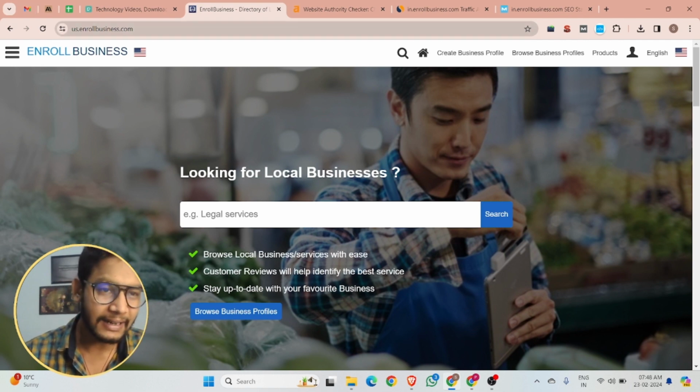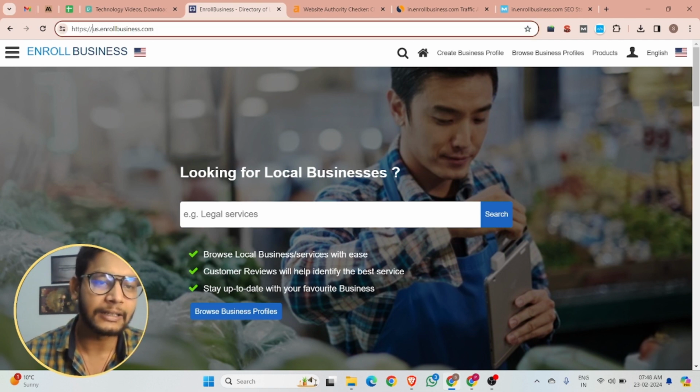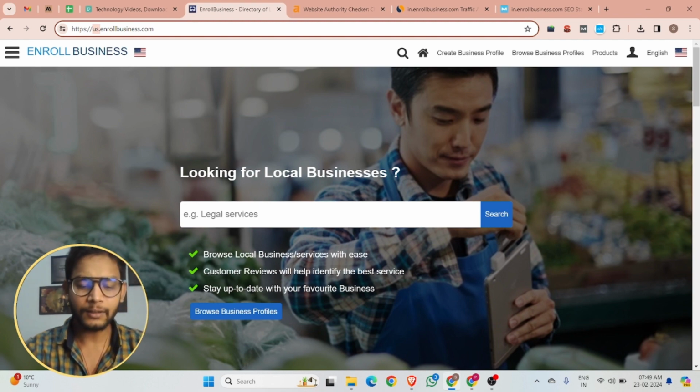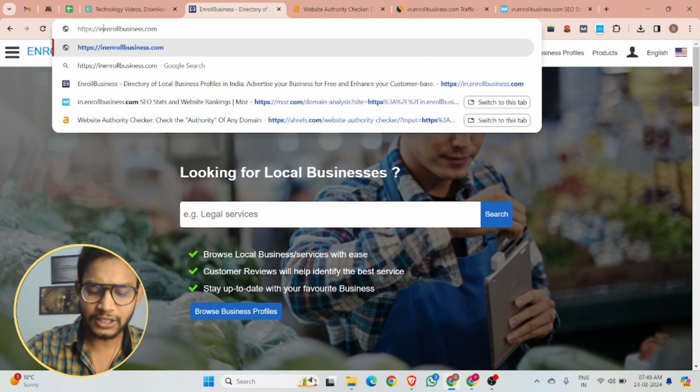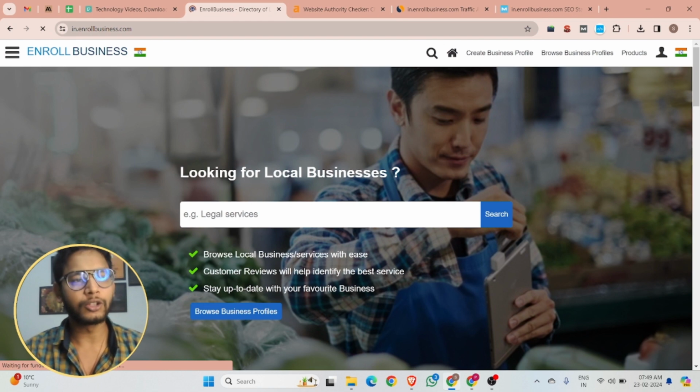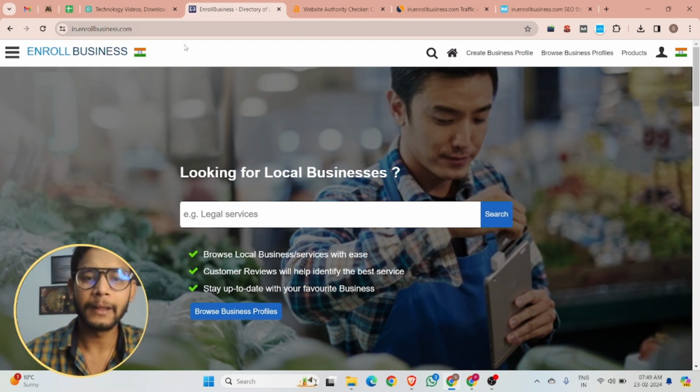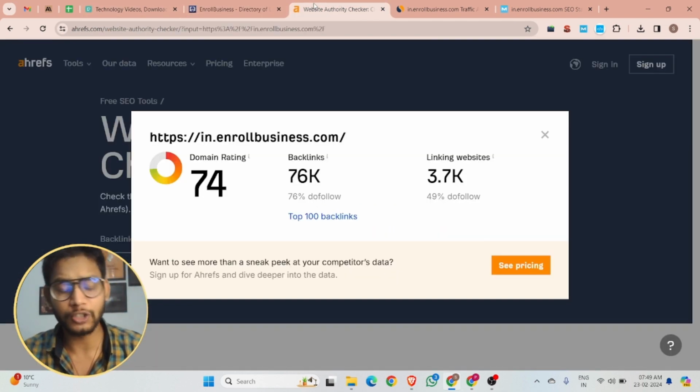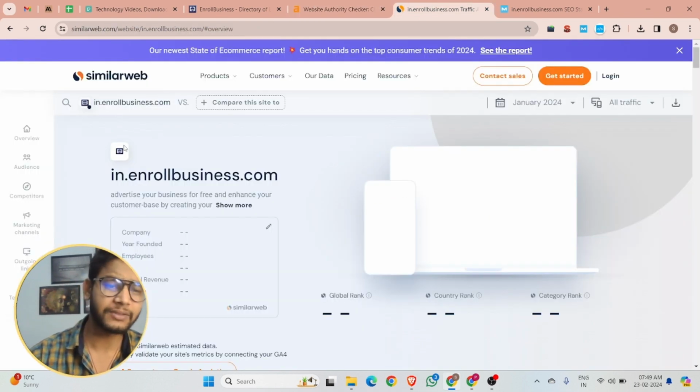I'm from India right now, so I'm just going to create a business listing for India, to make it convenient for me. So this is the website dashboard, and we can also explore other things. According to Ahrefs, the domain rating is 74, and according to SimilarWeb, this website has